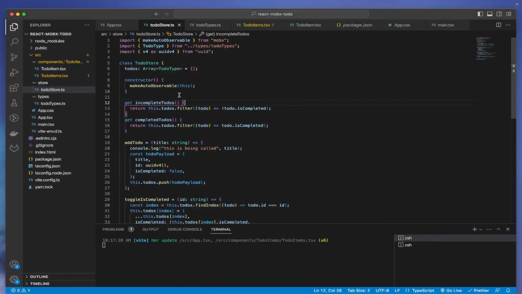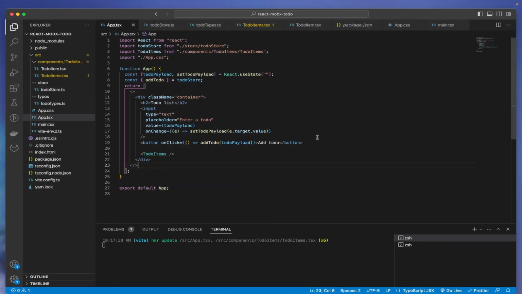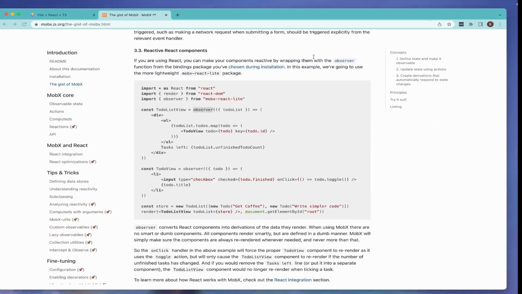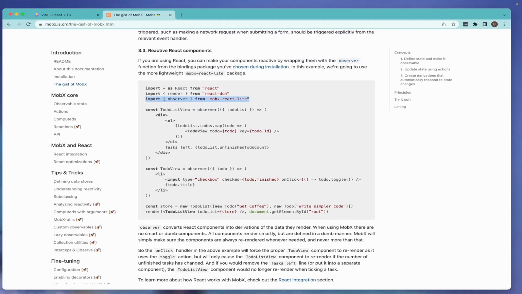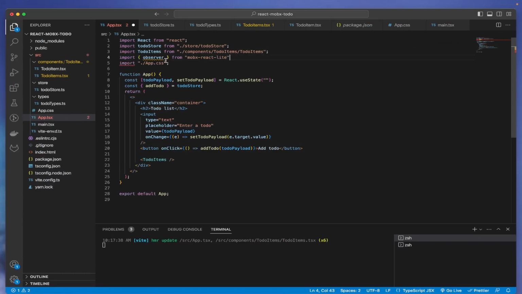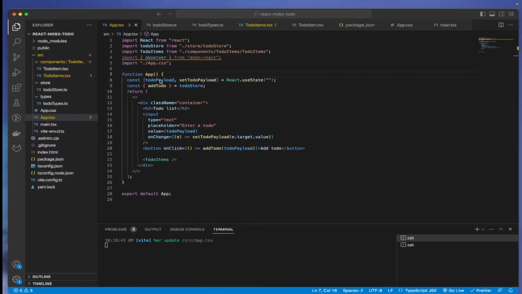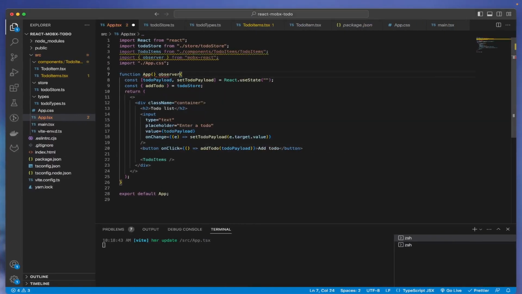We can actually do it anywhere. I think the best one probably is here. So let's just go here, and I'll just do import. How was it? Import. Okay, so let's go here. So, and that is, so now this function here, I need to wrap this inside an observer. So what I can do is,